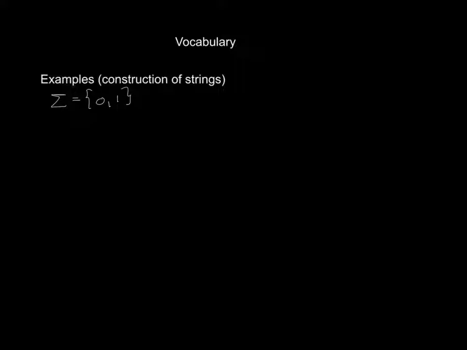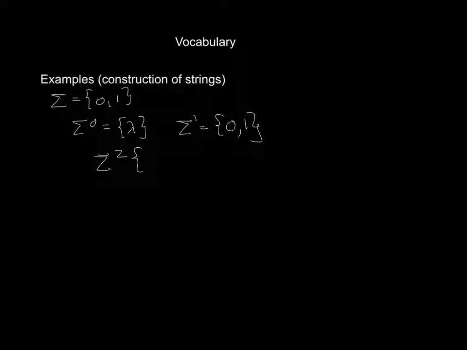An example of string construction: if our alphabet is equal to {0, 1}, we can construct the powers of our alphabet. So our sigma to the 0 is equal to the empty string. Sigma 1 is simply equal to sigma. Sigma squared